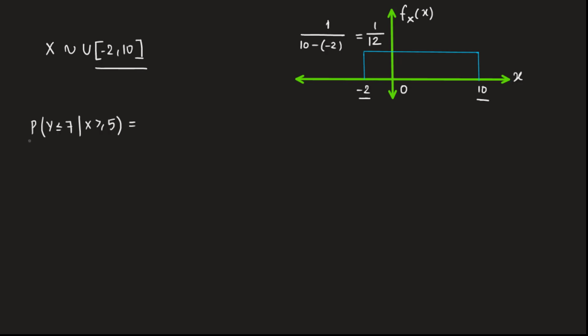In the question, we are asked to calculate the probability that the random variable y takes a value less than or equal to 7 given the condition that the random variable x takes a value greater than or equal to 5. This conditional probability can be written equivalently as